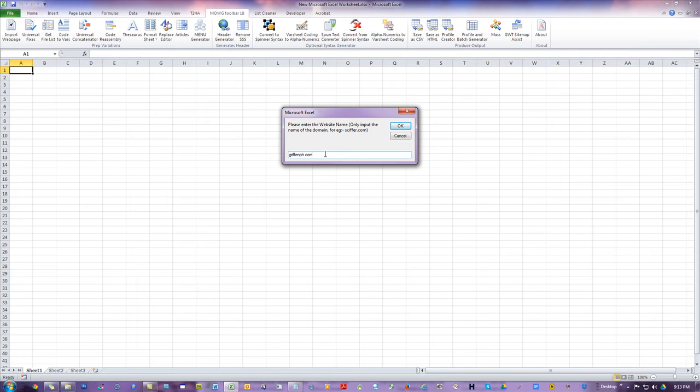Do not have a slash. Get rid of it. Do not have any HTTP. Okay, get rid of all that. No www dot, none of that stuff. Just the domain name the way it is if you want to get the front page. If you want to get a separate page like features and benefits, contact us page, about us, whatever, that would be that front page